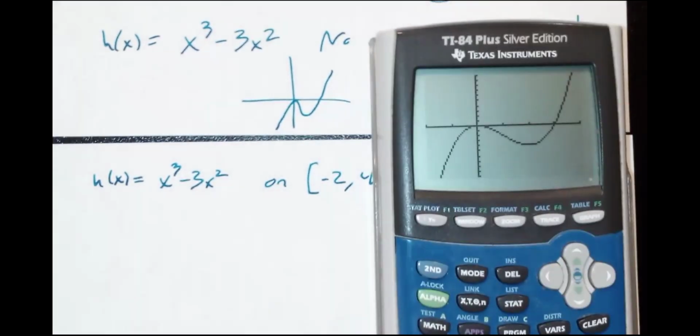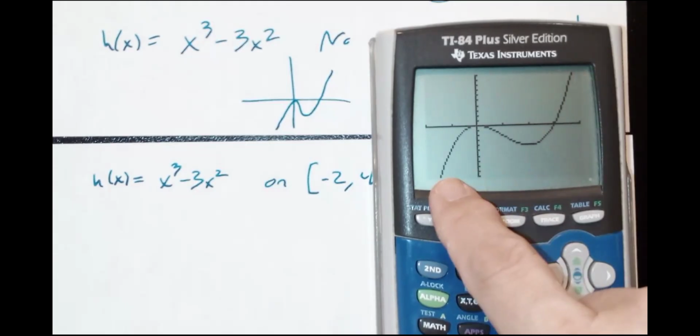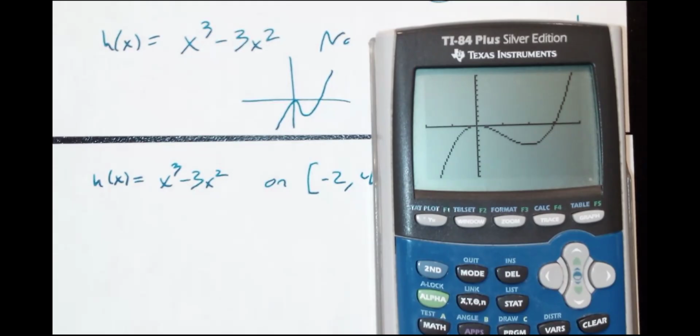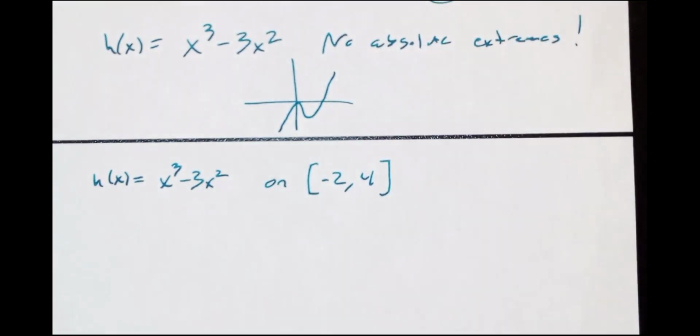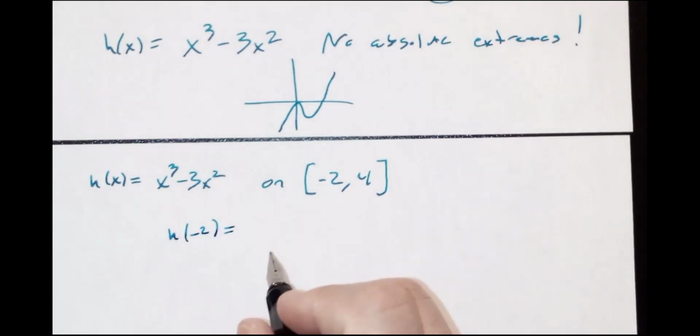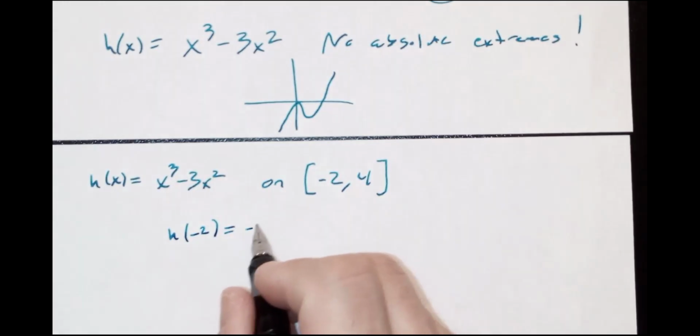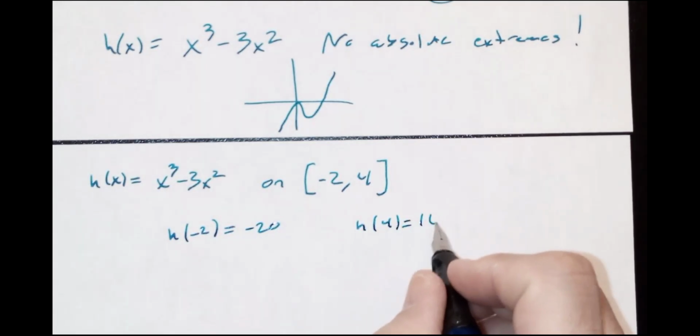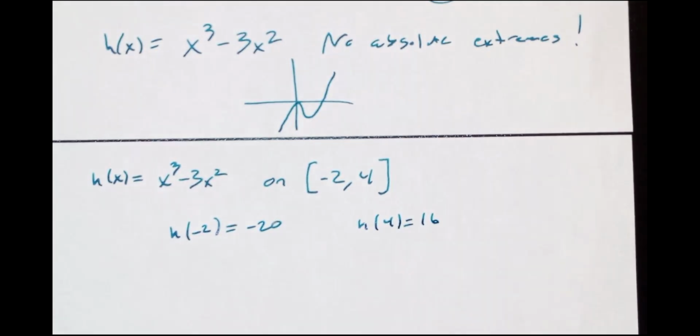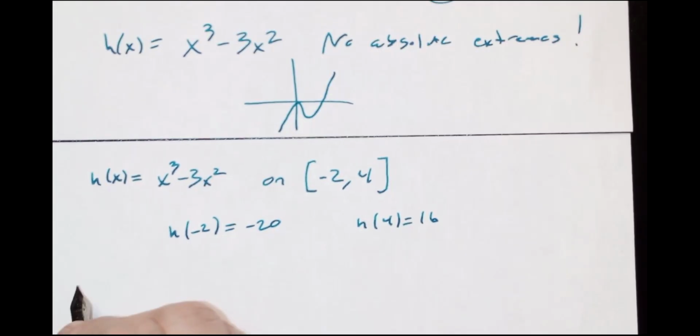As a matter of fact, I can guarantee you there's a maximum, there's a minimum in this picture. But the reason I can say that is because I've given you this interval. If I change the interval, I could change where the maximum is and where the minimum is. But what I can guarantee is that if I have